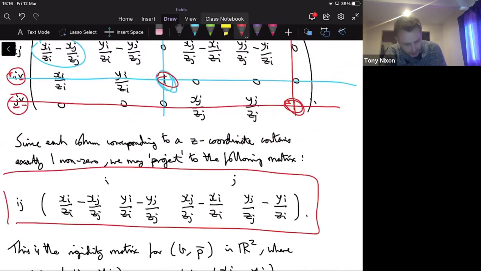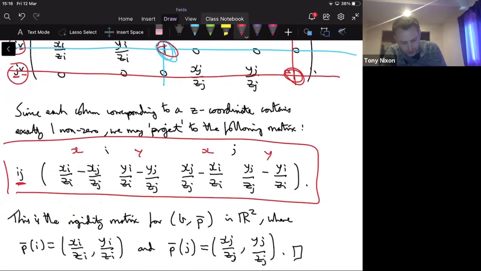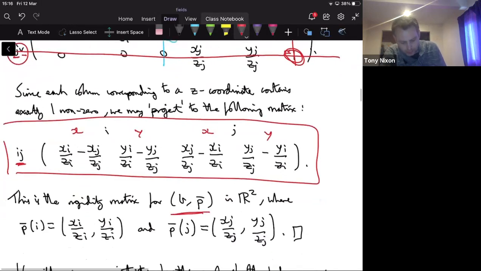So now I only have the edge between i and j, the edges to the cone have gone, and I only have the x coordinates and the y coordinates of the two vertices. But this is exactly the rigidity matrix for my smaller framework in the smaller dimension, with this p bar